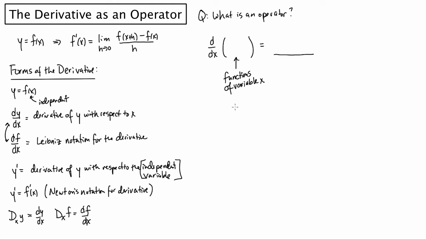That's our independent variable. So I get an f of x, and what comes out of them is another function called the derivative, which is also a function of the same variable x. And so you can think of the derivative as an operator in the sense that it operates on the variable x, turning it into another function of the same variable. The fact that it keeps the same variable is important,